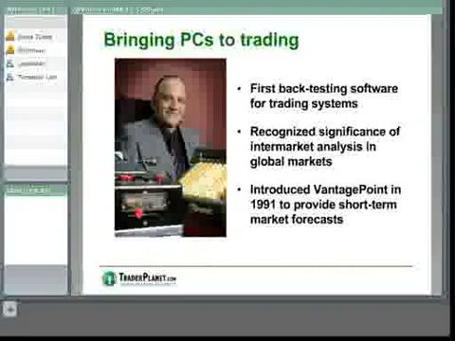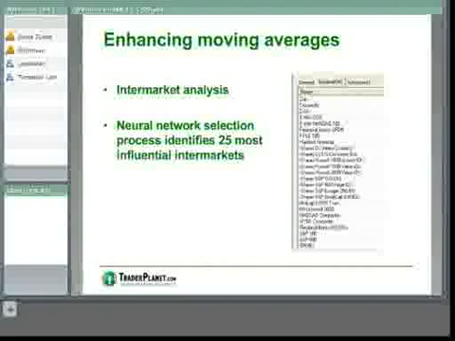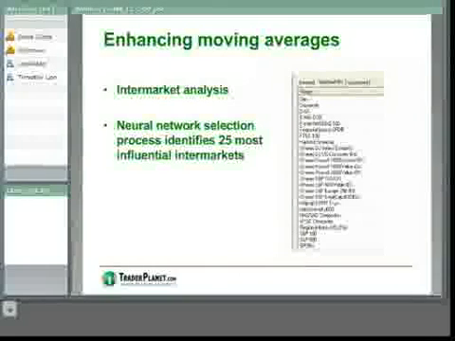So what is the difference about the Vantage Point approach to moving averages? Well, first of all, as I mentioned, we have to look at the source of the data. It's based on inter-market analysis. A neural network process determines the 25 markets that have the most influence on a target market. With the S&P 500 E-mini, the markets with the most influence are most likely other stocks or stock indexes, as you see on the list at the right here, and that's what you might expect in a market like the E-mini. Let's divert our attention just a second to the corn market. This market is influenced by, believe it or not, by